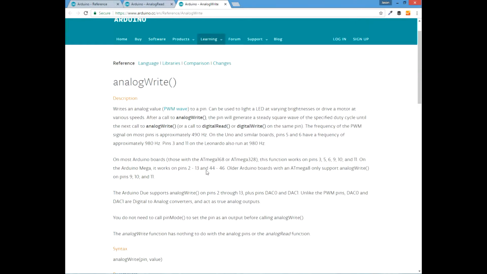Okay, so next let's talk about analogWrite. To really understand analogWrite, you have to understand the concept of a duty cycle. To keep this as simple as possible, if you want to supply 3 volts to a circuit, or somewhere in between 0 and 5 volts, the Arduino board doesn't actually supply 3 volts. What it does is it turns its 5 volt source on and off in a certain manner that mimics 3